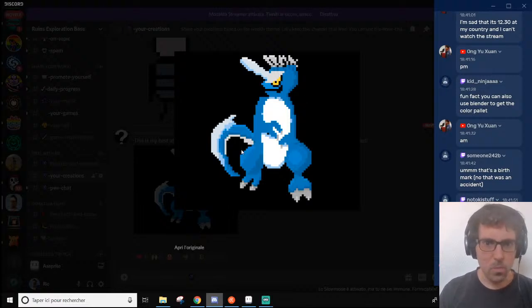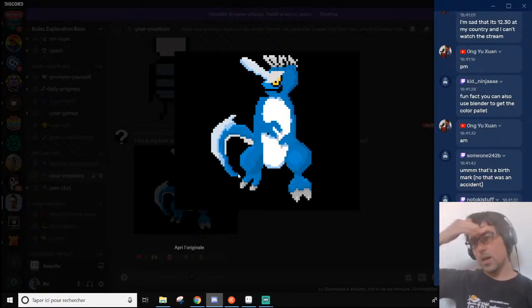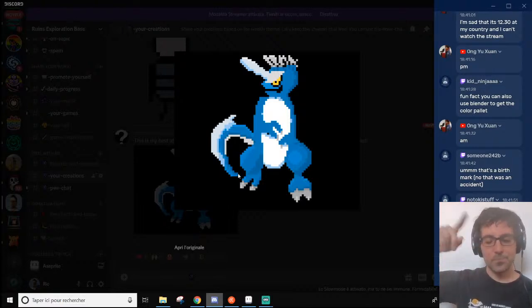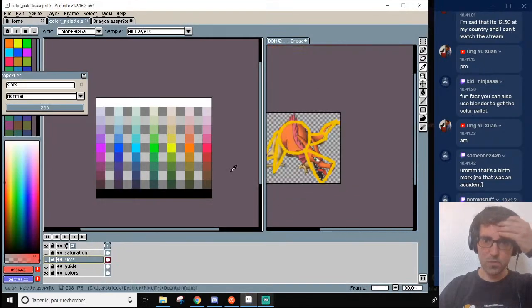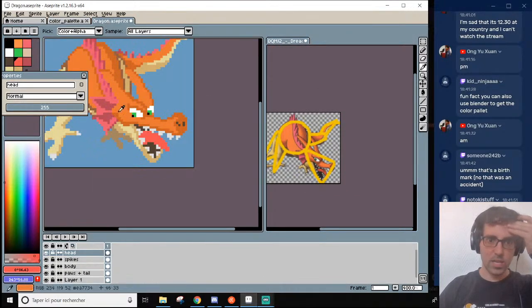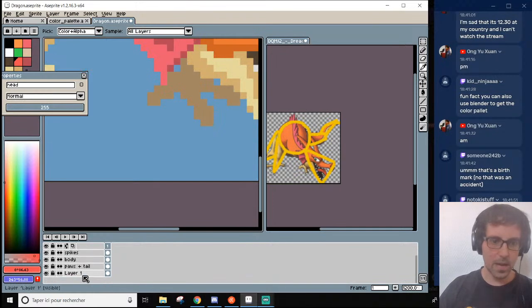I would look for, maybe, in some parts in here, it's hard to do some circular shapes. So when you want to do circular shapes, what you want to do is play with the number of pixels. So let me show you real quick. Basically, if you want to do something like, let me get the dragon. I'm going to go in the background here. If you want to do something like